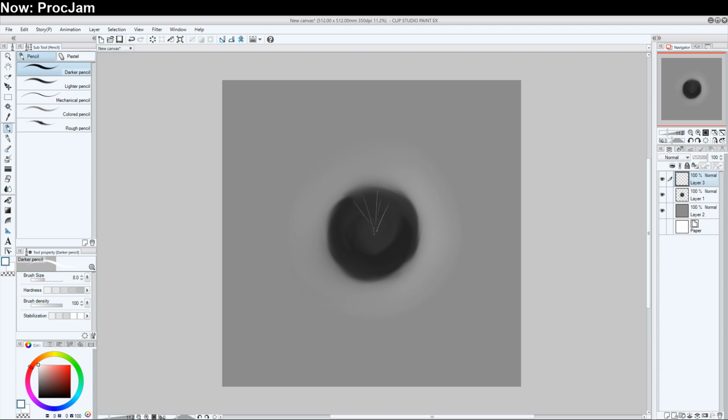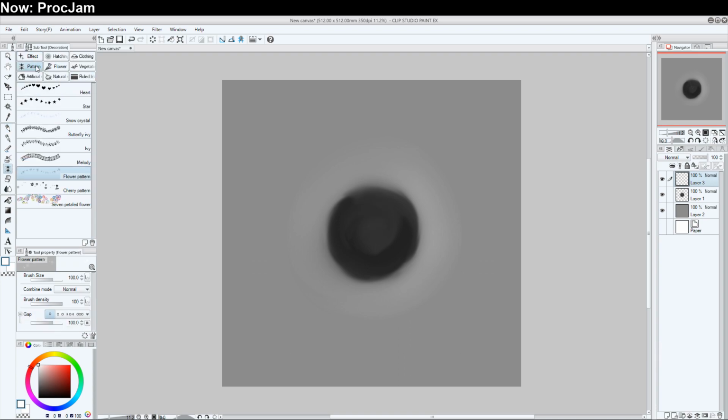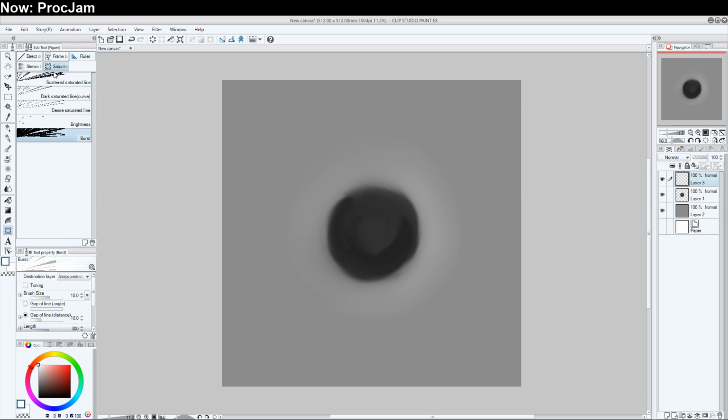We could use a brush for this. In fact, there is a brush built right into our default palette. Oh, it's not even a brush. It's down here, isn't it? It's burst and dense saturated lines, these guys here. So if we were to create these like this,